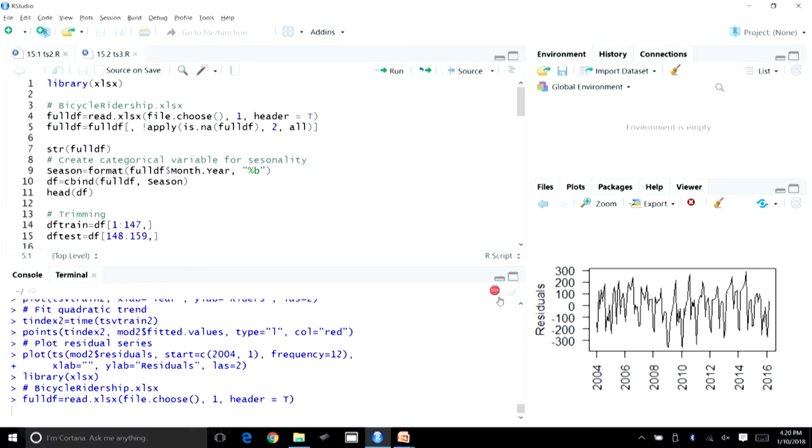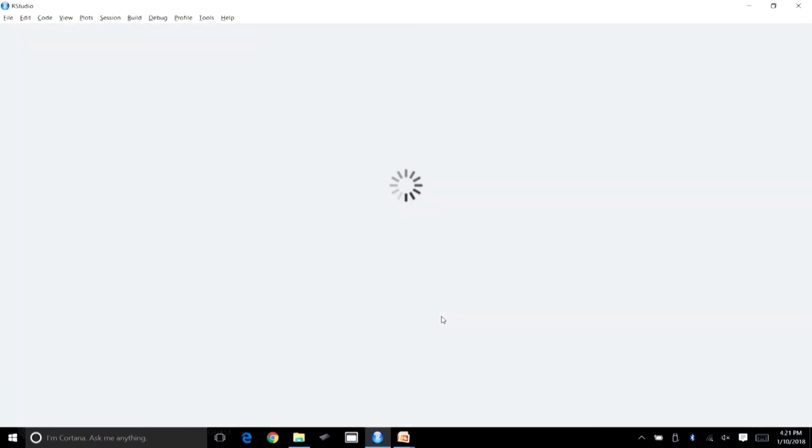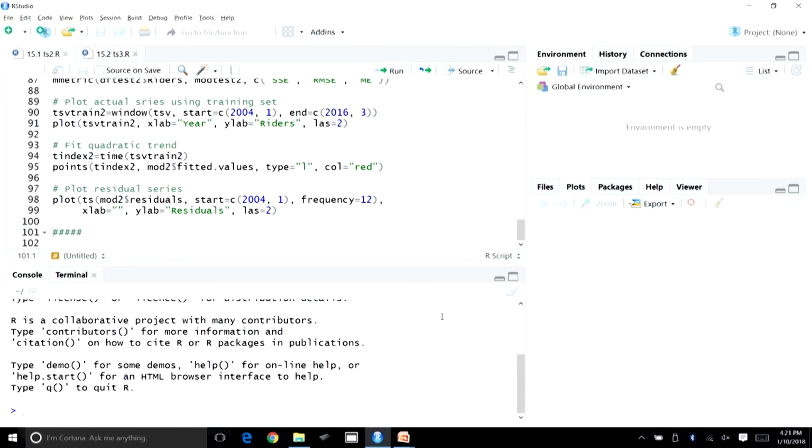There seems to be some problem here, so let us stop this. There is a small stop button, as you can see in this console window. So, we will try it again.